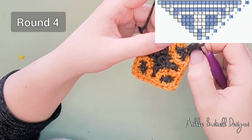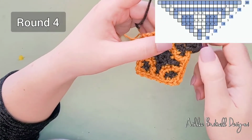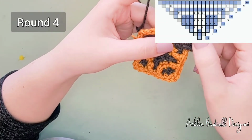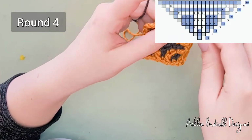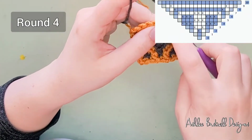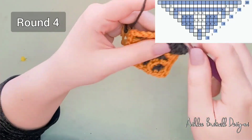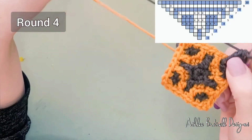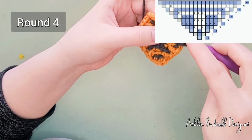And then it says double crochet 2, which means 2 double crochet stitches, not 2 in the same spot, which means our next one is this guy, and when you drop it, he finally gets his own loop. And that poor little corner, he's like, oh, I'm so full, thanks for using the next stitch. So then we have 3 single crochets, so that's this post,